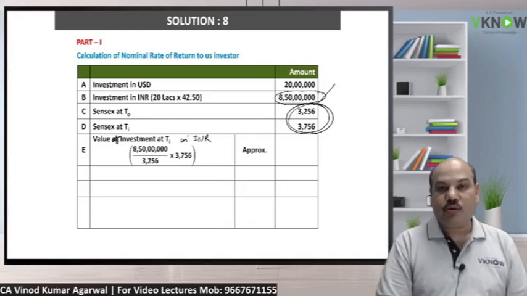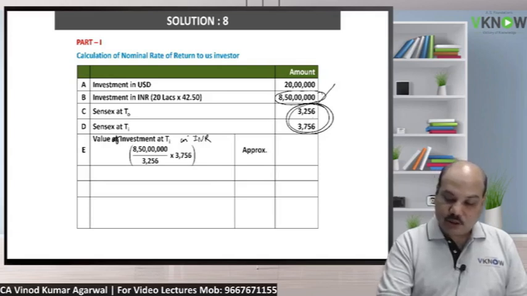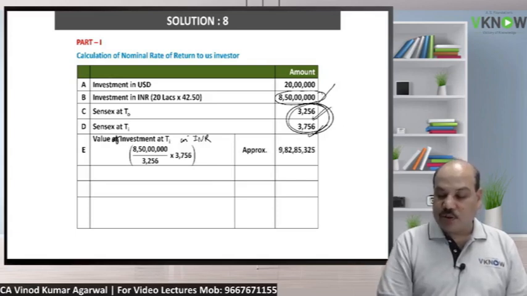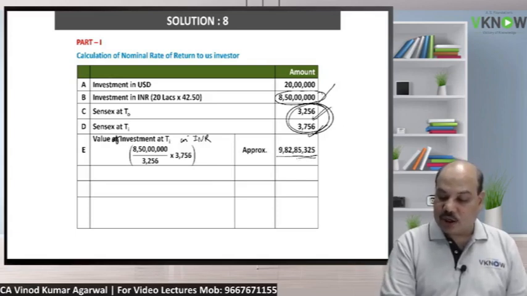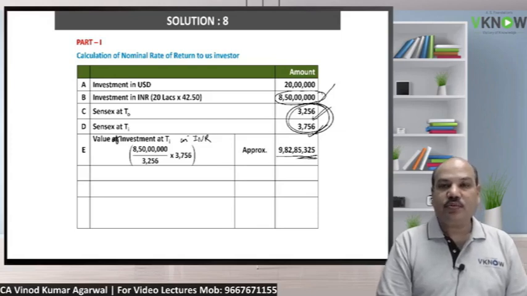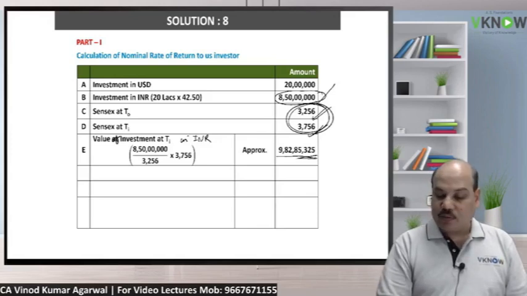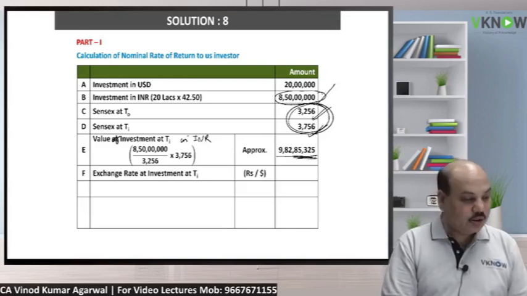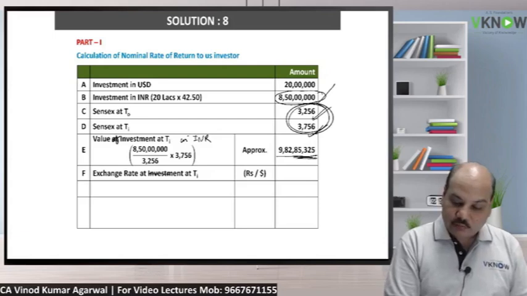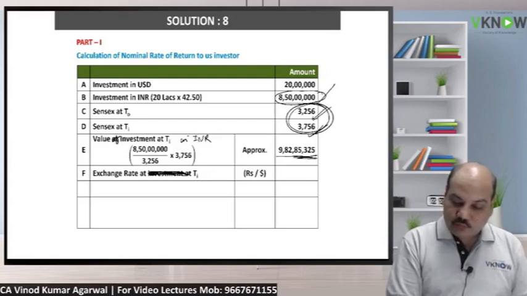Calculate 8 crore 50 lakh, divide by 3256, multiplied by 3756. So approximately you will get this answer. Some minor difference in the last 2 or 3 digits is okay. 98285325, minor difference is possible here. Then write down exchange rate. Exchange rate at T1. Exchange rate today. We will apply the sale rate. We will apply the selling rate